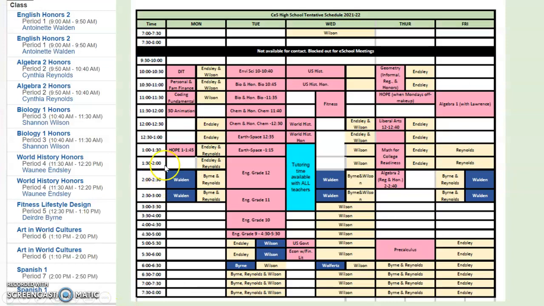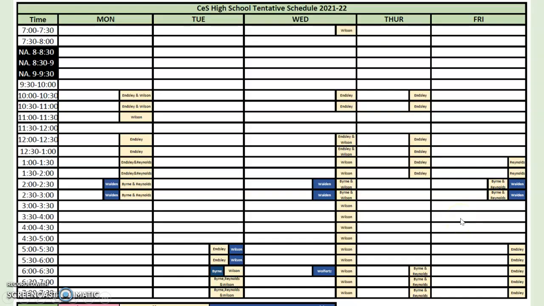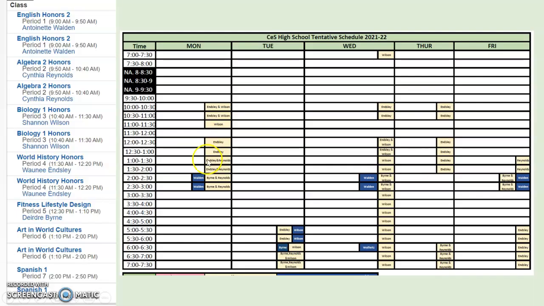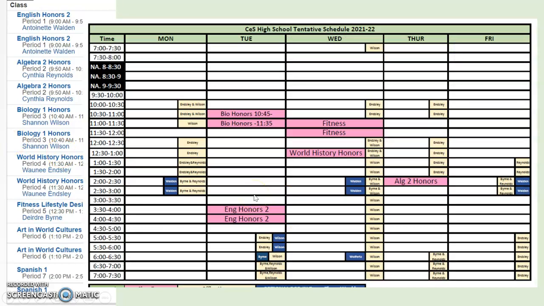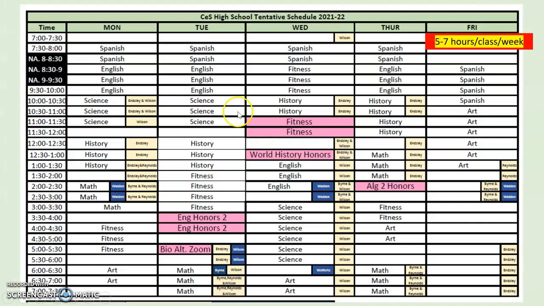Now, what we suggest is as you're getting organized, look at your schedule and our high school schedule. And we've provided a blank tentative schedule that will be on homerooms and on some teachers' course pages. And here we suggest that you look at your schedule and fill in the Zoom times for just your classes to stay organized. Now, in addition, remember that if you can't make a Zoom time, you can always attend an alternative Zoom time. So if you couldn't make the 10:45 science for some reason, then you could always attend the